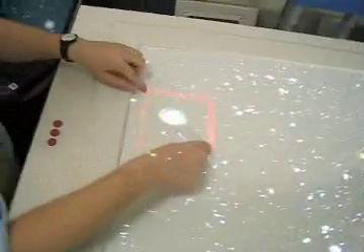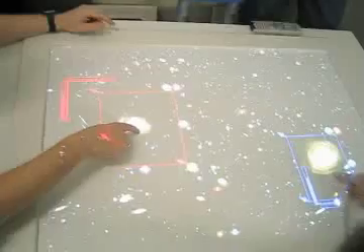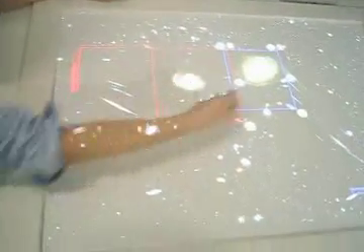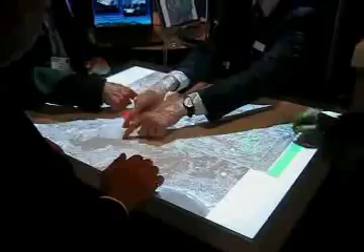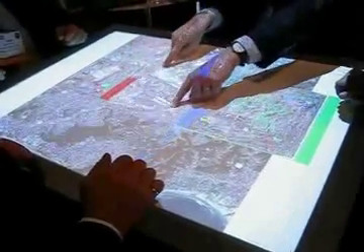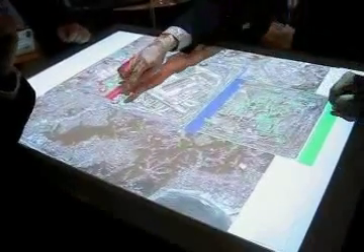Folding provides the ability to pull a portion of the dataset across the table. In this clip, we see two users folding distant parts of an image so that they're side by side and easier to compare. dtlens takes advantage of our multi-user tabletop to avoid conflicting interactions, orient the controls towards each user,